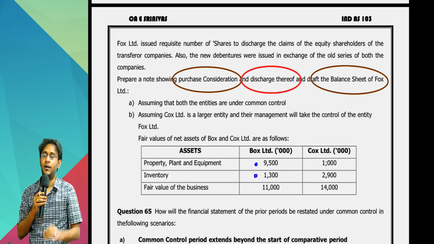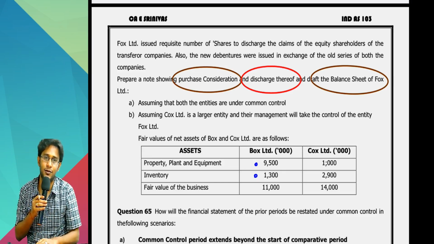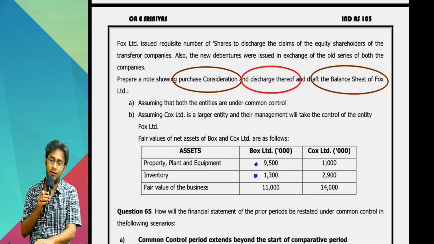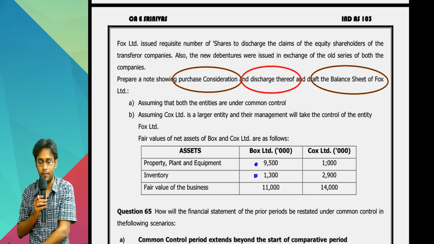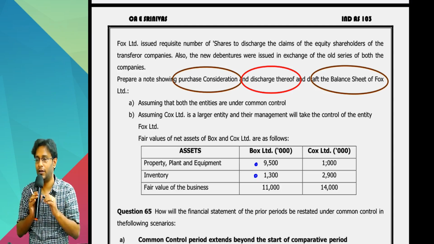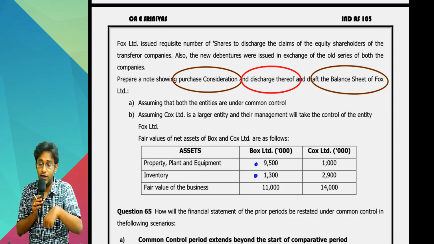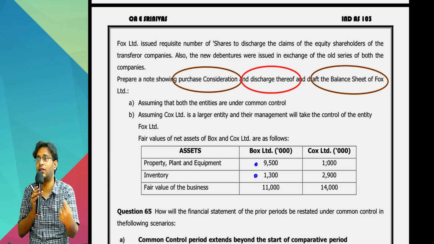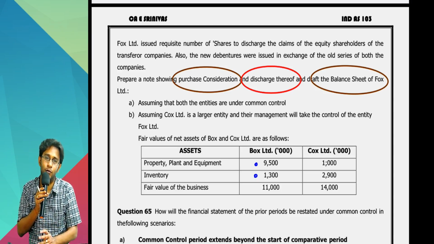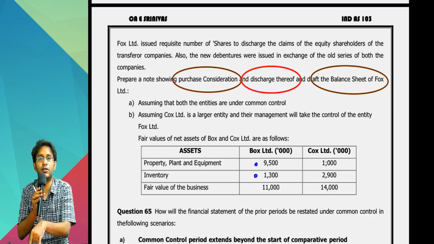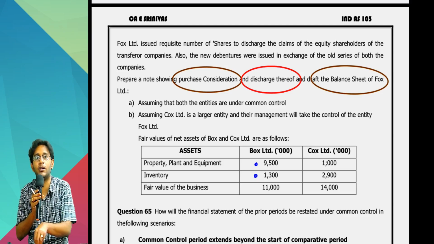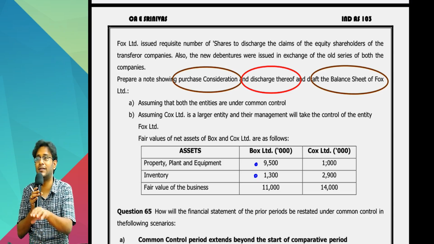But see, sir, discharge of PC entry they ask you, that we know. Vendor account debit to share capital, bank, that is the discharge of PC entry. You know what is the meaning of discharge here? Fox is the purchasing company. Box, Cox both are selling companies. You know the total PC. Each company how much are you giving? That is discharge. Each company what is there, sir? 6,000 plus 7,000? No. 6,000 plus 7,000 is the individual share capital of both the companies. But how much the shareholders of each company will receive in the new company,